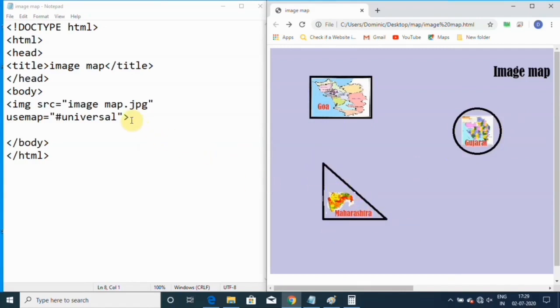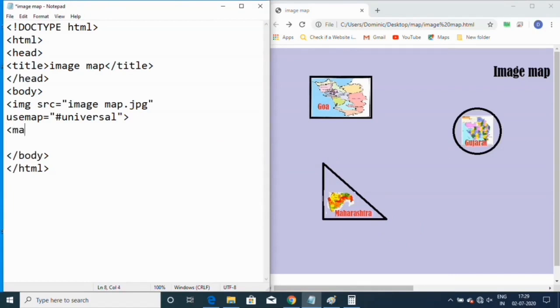So we'll start by using the map tag first, map, and give the name to the map. Map name equal, what name we gave here, universal, so you can write universal, the name of the map.